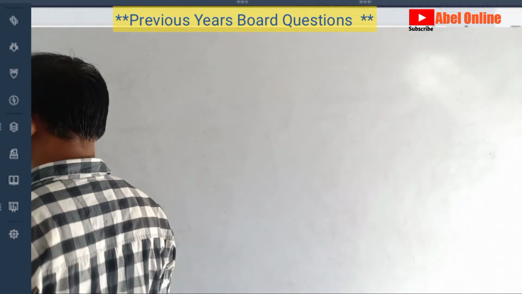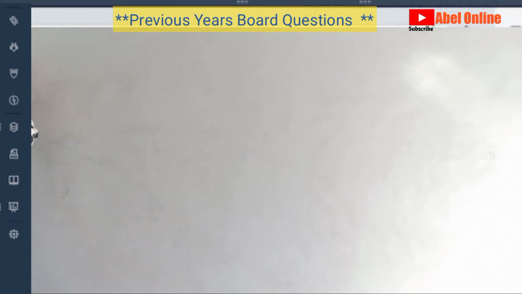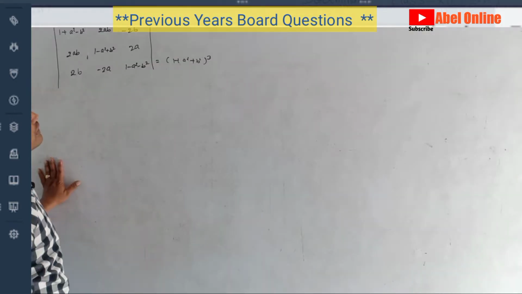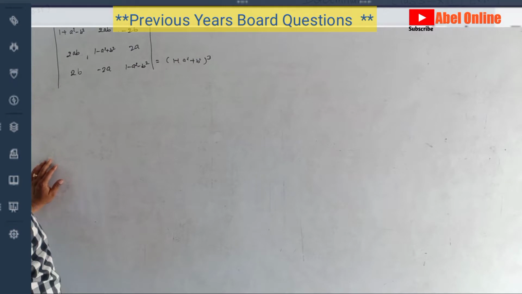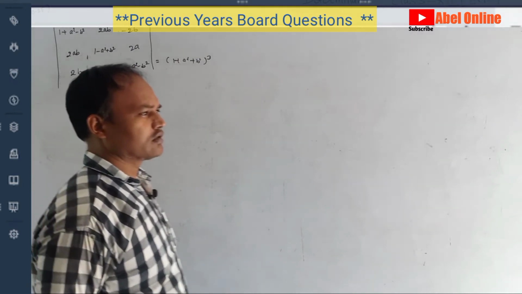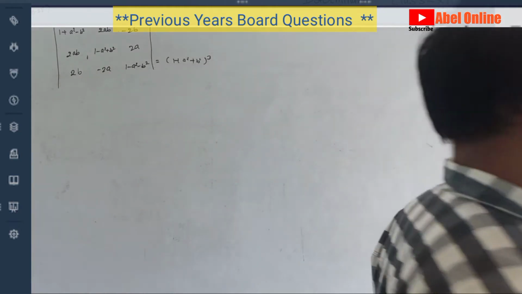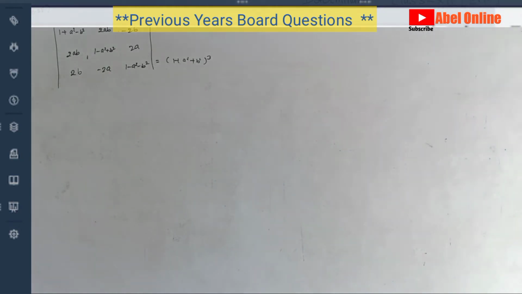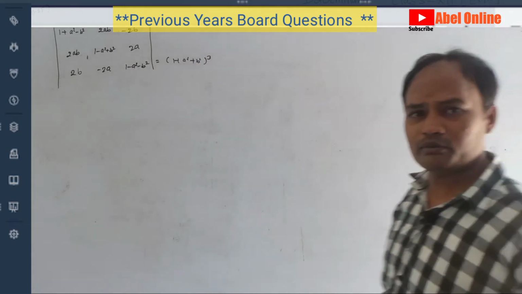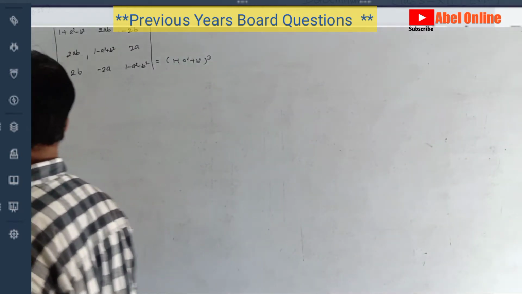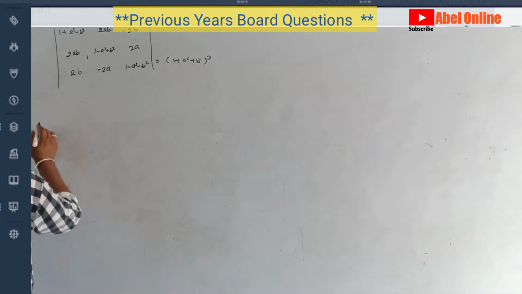Okay, let's start. What is the first question? Your first question comes in 2B. We are going to solve this question now, and we have to think about what operation we can apply here. Just think about it carefully and think how we can operate. Firstly, I am going to write the question.